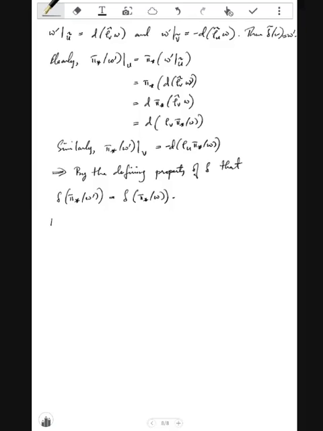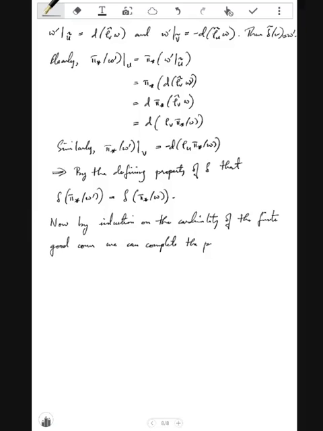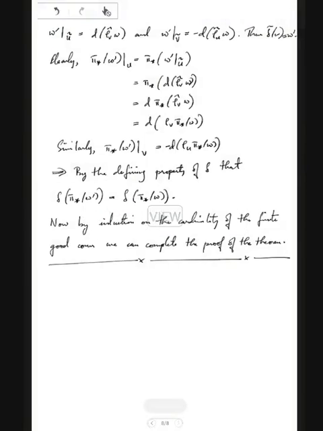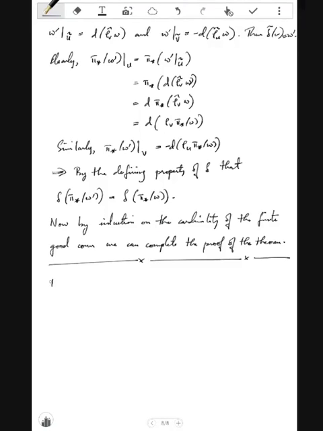Now by induction on the cardinality of the finite good cover, we can complete the proof of the theorem. So in view of the above isomorphism,